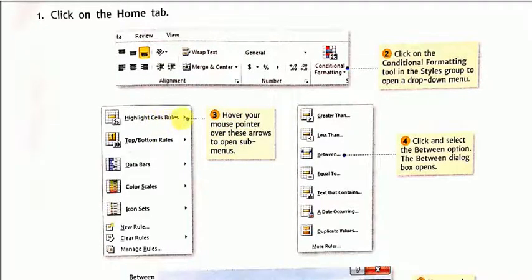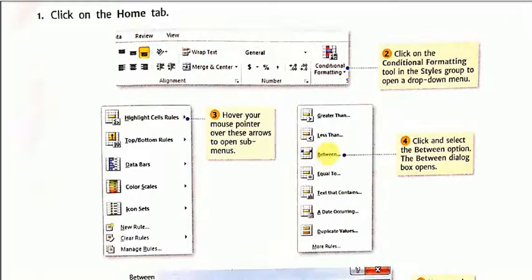When we move the mouse over this option, we will get this menu.